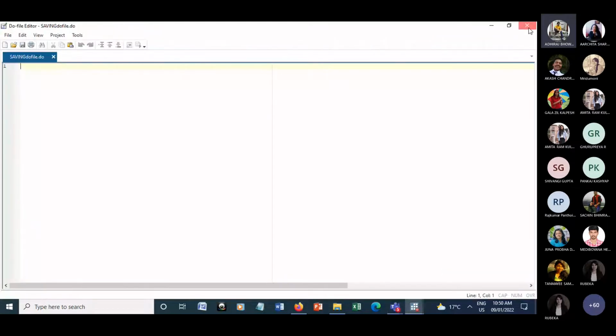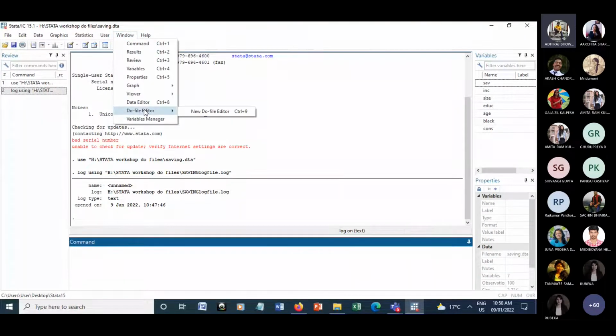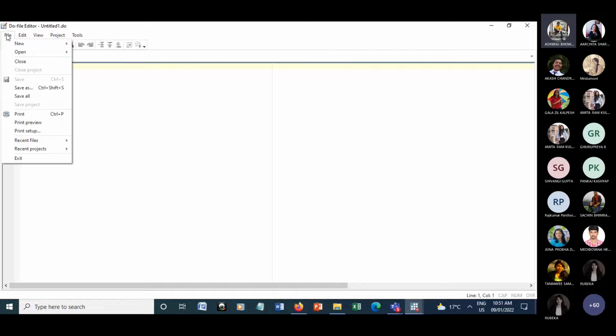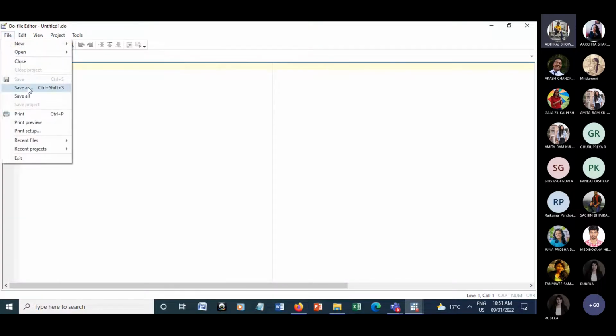So let me close this do file. You go to the window tab on the right hand side. Click on window, click on the do file editor, then click on new do file editor. Okay, so this window appears before you. Now click on file, because you want to save this file, right? Because the next time when you open the do file, you will just want to repeat the commands that you have stored already. So go to file, click on save as,